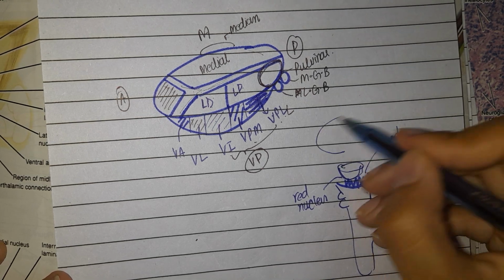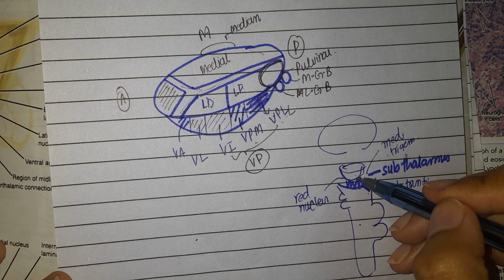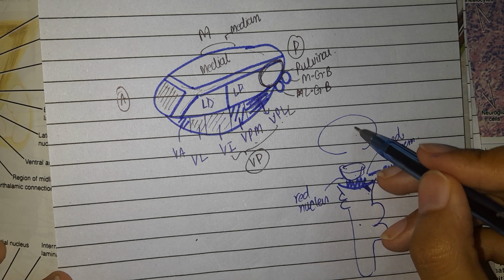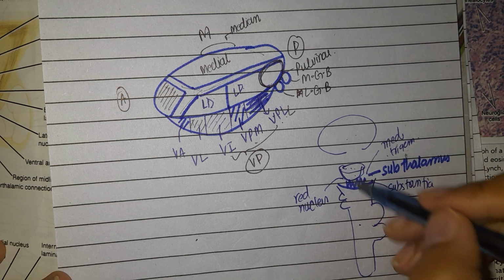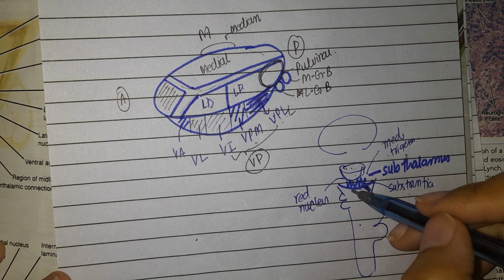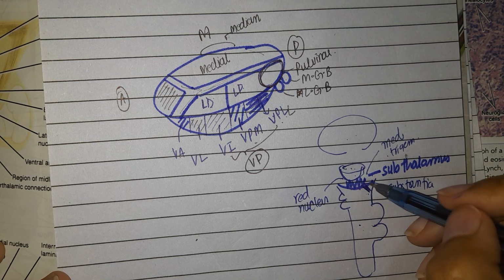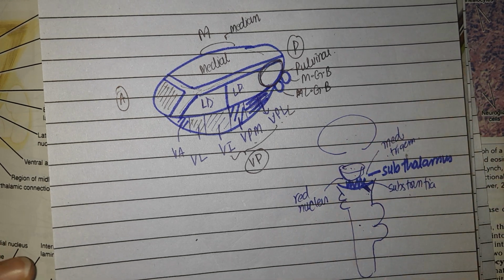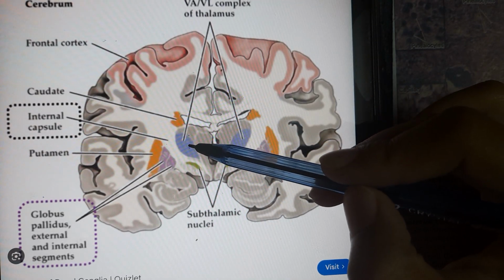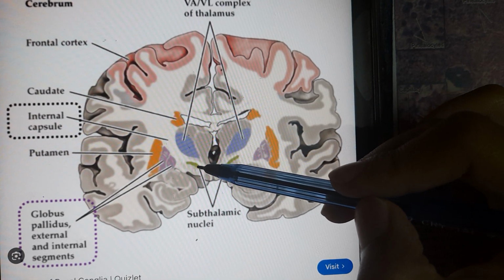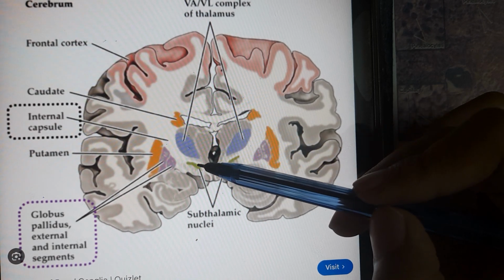So you know that the connection between the spinal cord, all the tracts, and the cerebral cortex was the thalamus. Now the connection between the thalamus and the spinal cord is the subthalamus. So it is very important as well because it is going to relay the ascending as well as the descending tracts. So now if you look clearly at this diagram, this is the thalamus, and just below the thalamus, this is the subthalamus, and just below this we will have the midbrain.